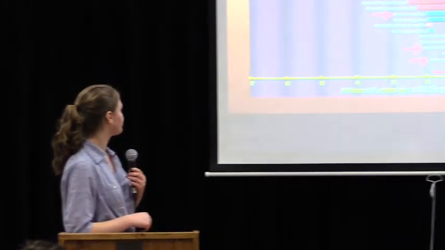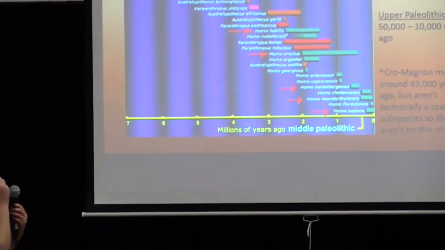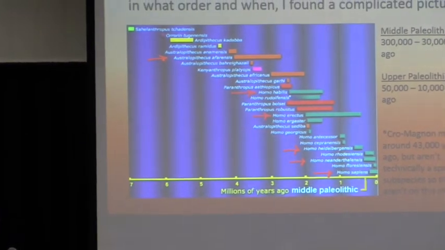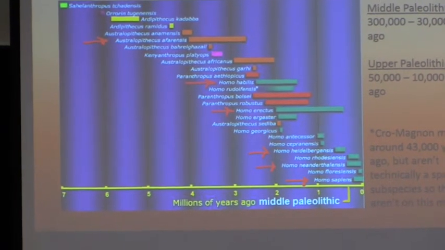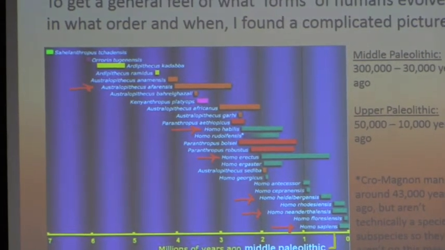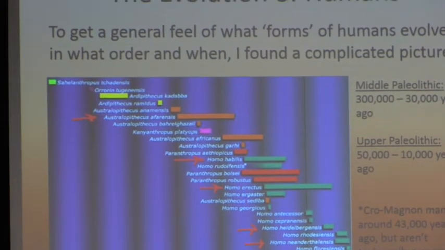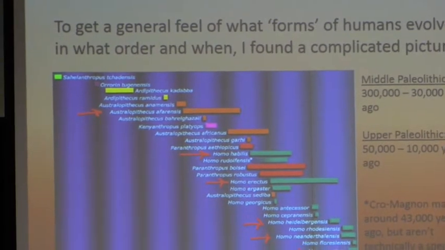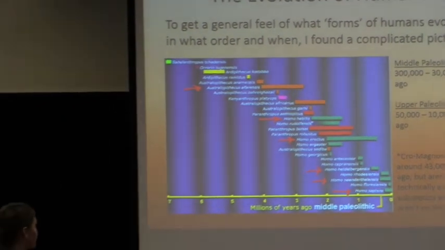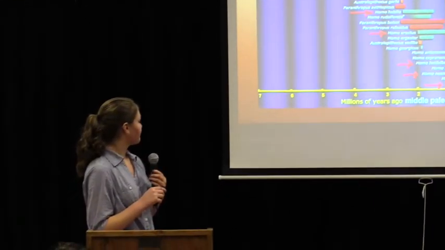The common ones that you've probably heard of, I highlighted in the red arrows, and it's on a timeline. The Middle Paleolithic era started about 300,000 years ago, and it's when we started to see a lot of characteristics that are present in modern humans. And on this timeline, which is in millions of years, the Middle Paleolithic era only started here, where I put this awkward little line. So you can see that we haven't been doing what we've been doing for very long.